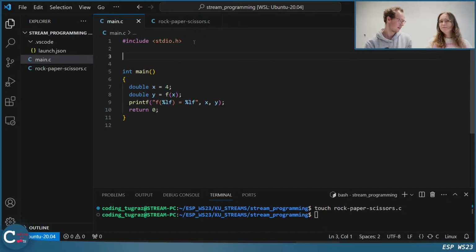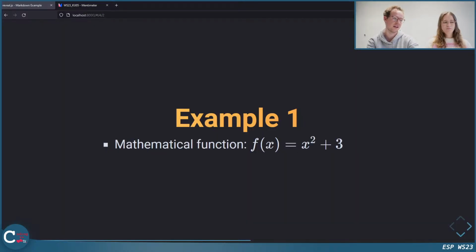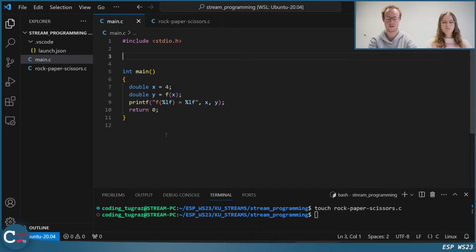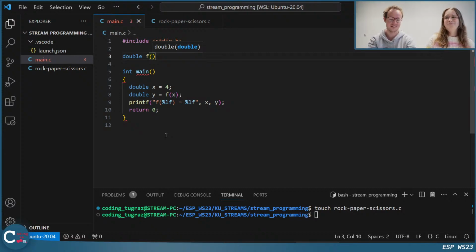So how to write actually this function now? We have seen we need the return type. And if we go to the slides, in general, if x is some double, then the result of the function value is also some double. So it's probably beneficial to choose double as the return type. Then the name of the function is in this case f. In general, you should use names that express more, but for the first example this is enough. We just chose this name because maybe it helps you if we find parallels to mathematics.